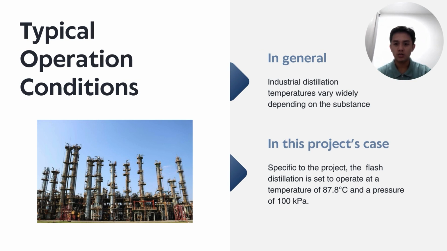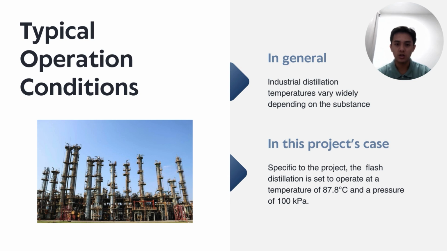Next I will be explaining typical operation conditions found in flash distillation columns. In general, industrial distillation temperatures vary widely depending on the substance. One of the substances that can be taken as an example is crude oil, which is a naturally occurring and unrefined liquid fossil fuel. When undergoing distillation, crude oil can be separated into many distillates, with the most popular being